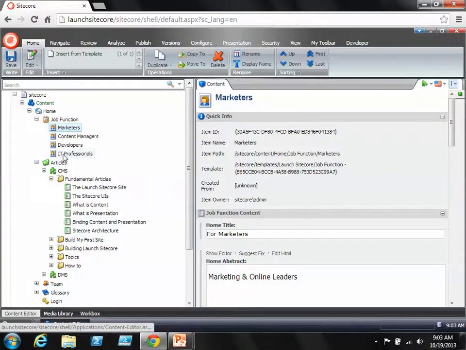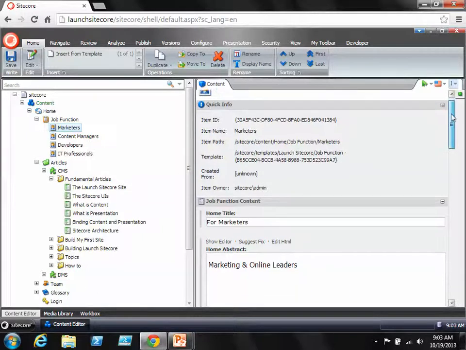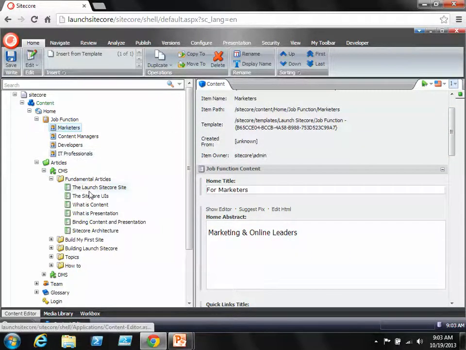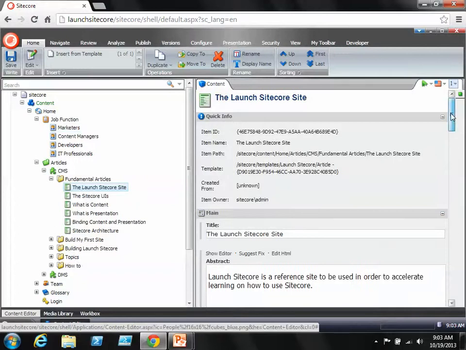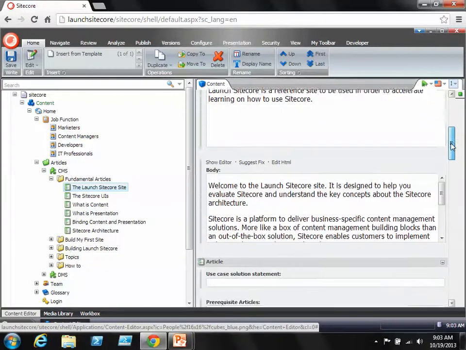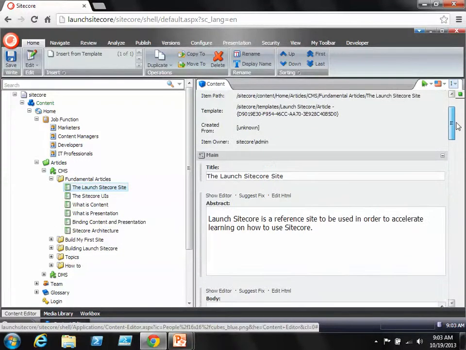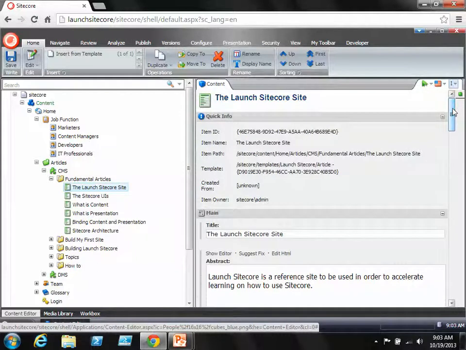With Sitecore, they represent pages as items. Items exist in the database. So you imagine you have a relational database with rows. Every row would have an associated GUID, and that GUID would represent something in the Sitecore system. In this particular case, we're looking at, let's see, I'll go up to a news article. News article would have a title, it'd have an abstract, a body, and other attributes that you would want to configure for that page as it is